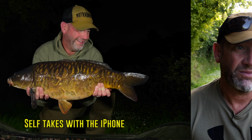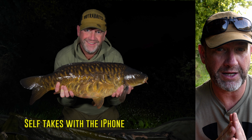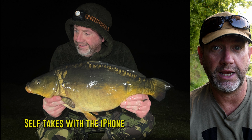There's not an angler these days that doesn't have a smartphone, and most of us will take out our smartphone to use when taking pictures of our captures. And only would we bother with the big cameras if we got something very, very special. 99% of the time, we're wading through fish. You want something that's going to be quick, easy and effective, and something foolproof that you can do yourself on the bank. Now, the setup I have here, and I'm going to show you, is very, very cheap